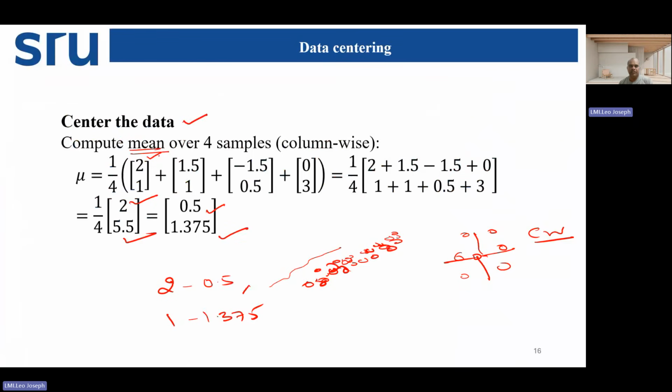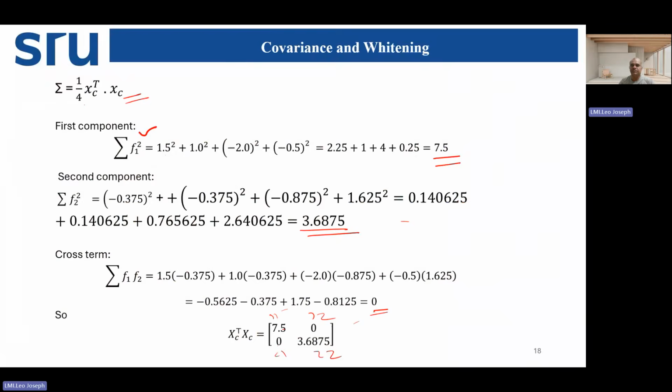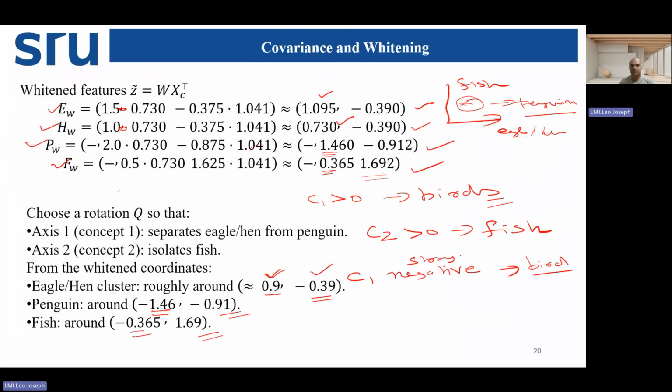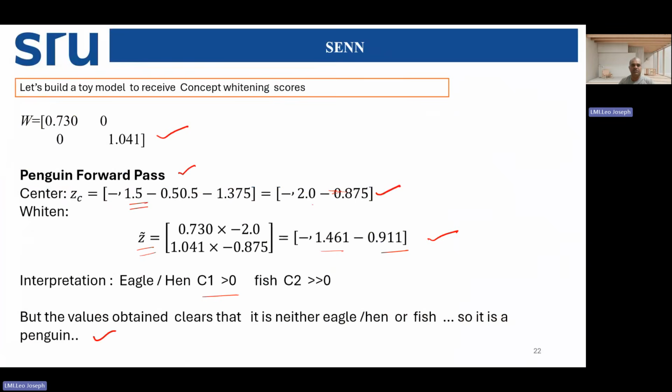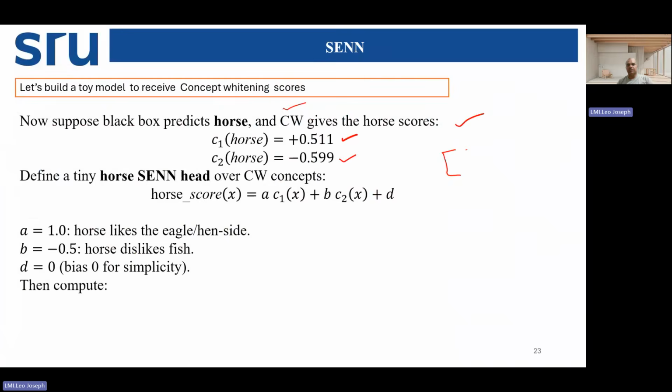So eagle can fly, the second weight is moderate. But here, what I am doing, horse cannot fly, so I am assuming some low values here, and then the second value should be high or moderate level. It is not a fish, so it is small but with higher values. Based on that, I am doing all the concept whitening steps, and based on these things I am getting the value